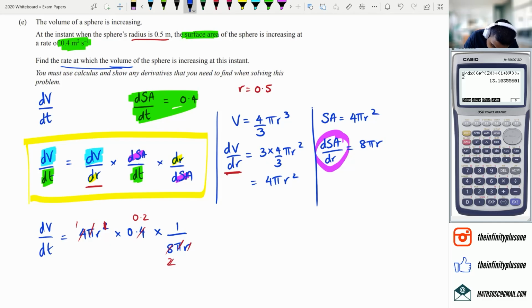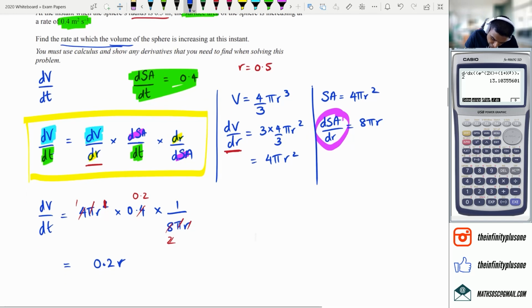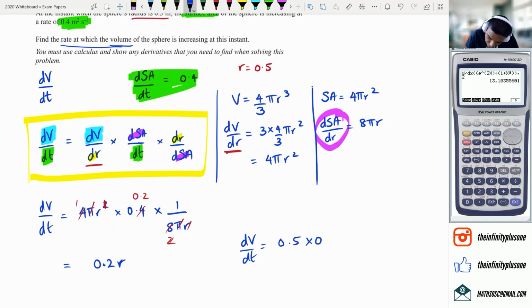So really, I end up with 0.2r as my dV/dt equation. And because r is equal to 0.5, I can actually say dV/dt equals 0.5 times 0.2, which equals 0.1